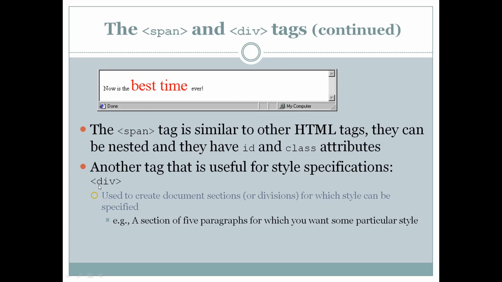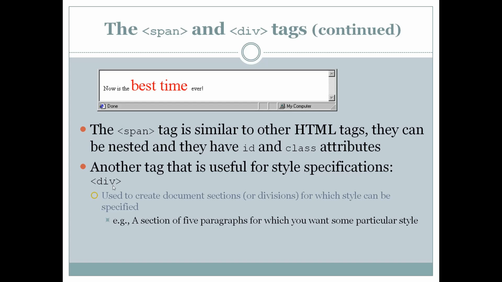That tag is called the div tag, or division tag. As the name suggests, we can create separate sections in a web page, and we can apply specific styles to the sections of a web page. So a complete web page can be divided into sections, like a top section, a middle section and a bottom section.